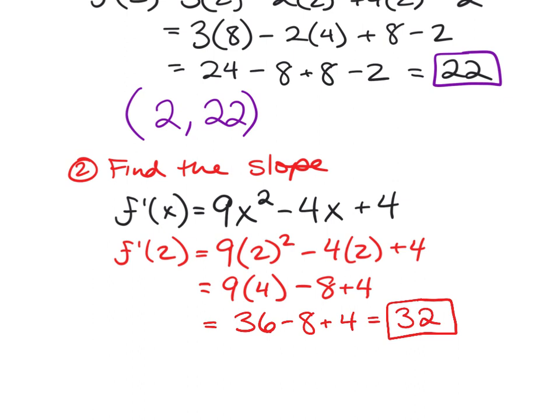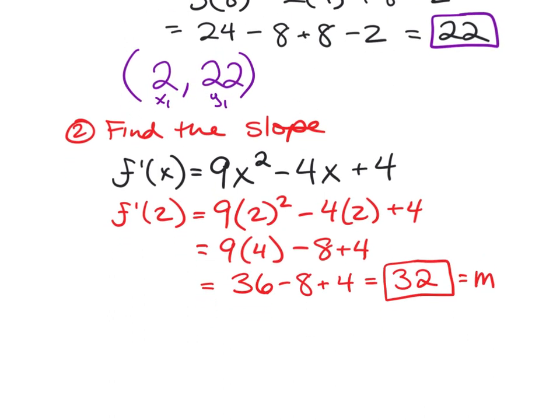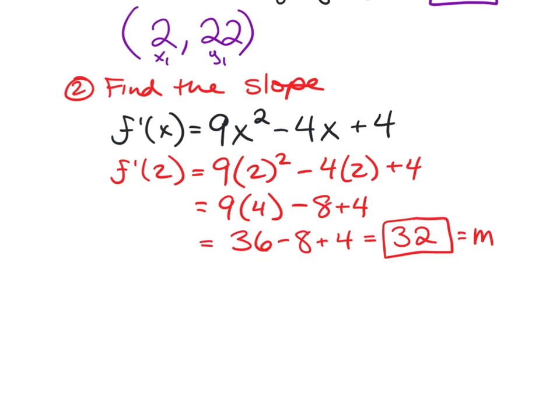And now we can put it in point slope. Because we have an m, we have an x1, and we have a y1, that's all we needed to plug it into that equation that y'all told me at the very beginning. So the equation of the line tangent to the graph at the given point would be y minus 22 equal to 32